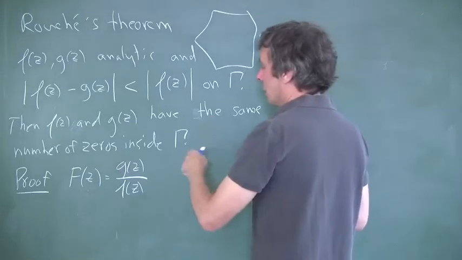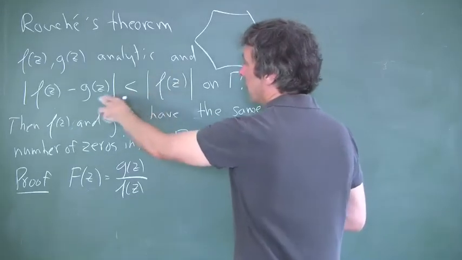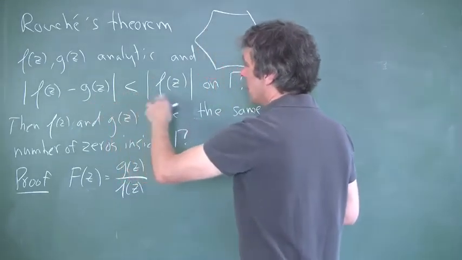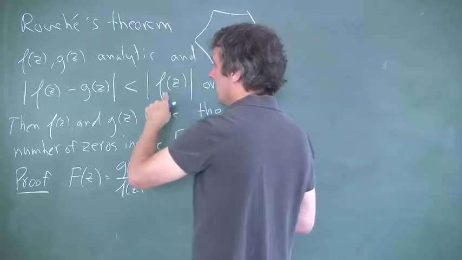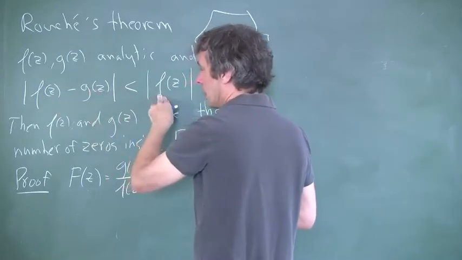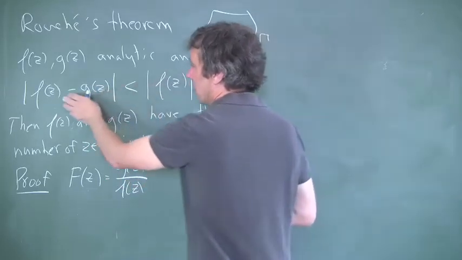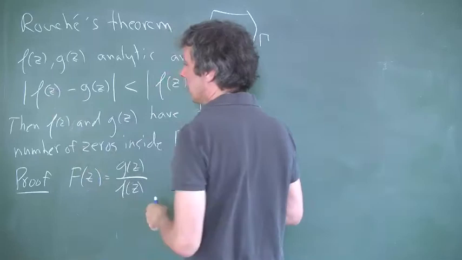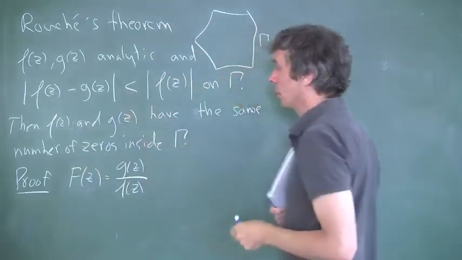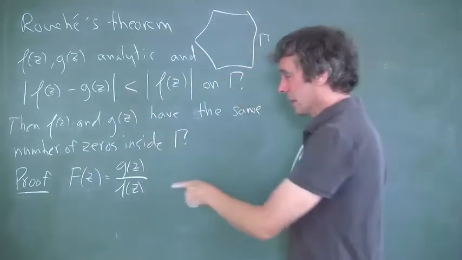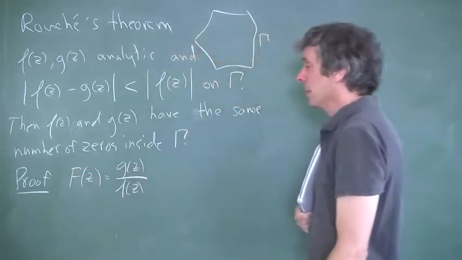And it's also clear that both these functions will be different from 0 on the contour itself, because if g is 0, you would get equality here. If f would be 0, then the right-hand side would be 0, and this is greater than or equal to 0, and this is not possible. So this is really a function where we can apply the